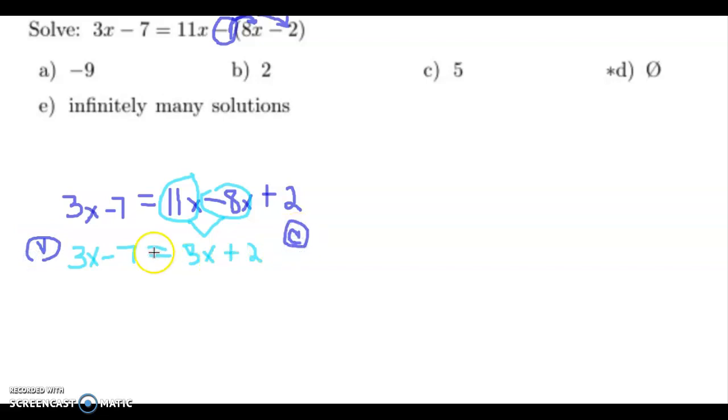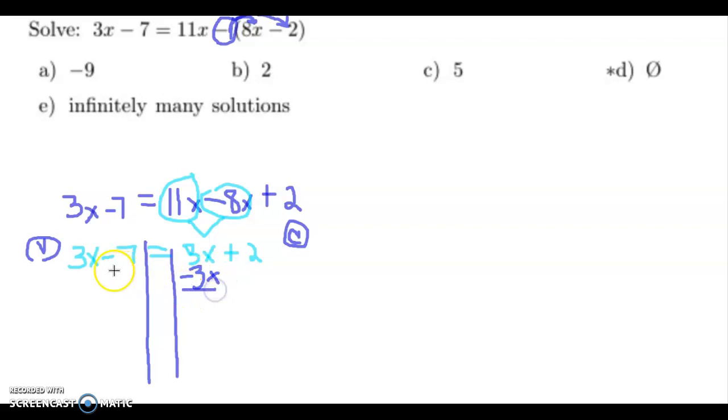So I'm going to solve this like every other equation with variables on both sides. I start by drawing my wall, and I'm going to move these x's on the right side to the other side of the equation because I want them all on the left side. Well, it's a positive 3x. If I want to zero out a positive 3x, I'm going to do the opposite, which is subtracting 3x or